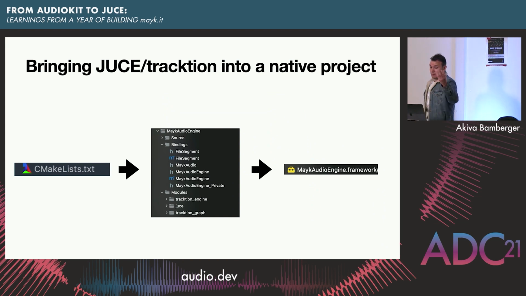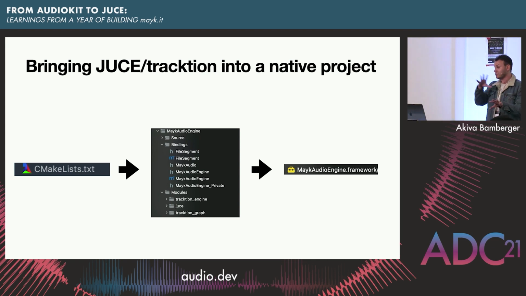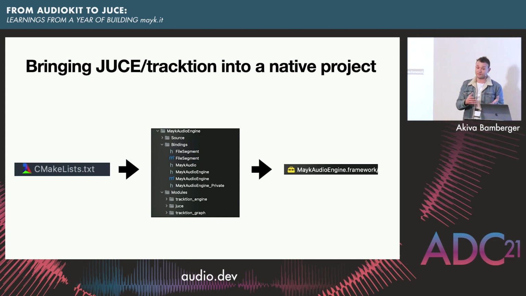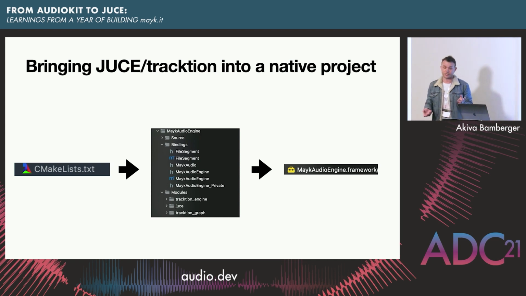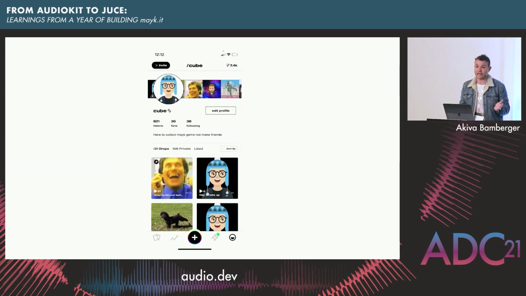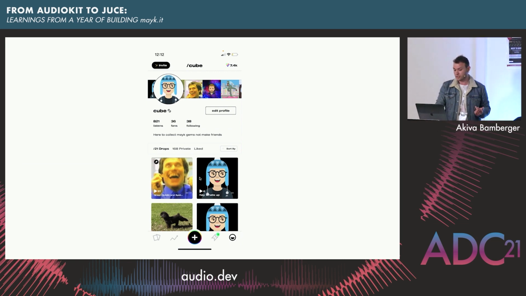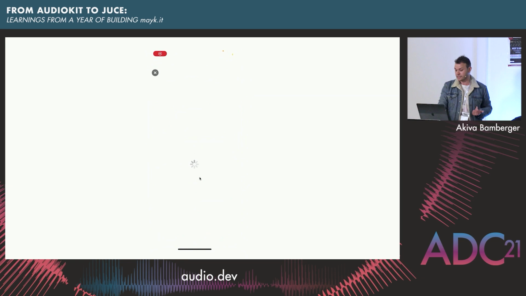So bringing JUCE and Tracktion Engine into a native project sounds, I think, a little bit more scary than it actually is. The biggest point is you have to compile some sort of library that you build into the rest of your project. That C++ layer communicates through Objective-C, or on Android through JNI, and you just create wrappers and make the API surface the same as you have for your native iOS code or your native Android code, and you have the underlying functionality that you need on mobile. So this is kind of bringing all that together with Tracktion Engine.